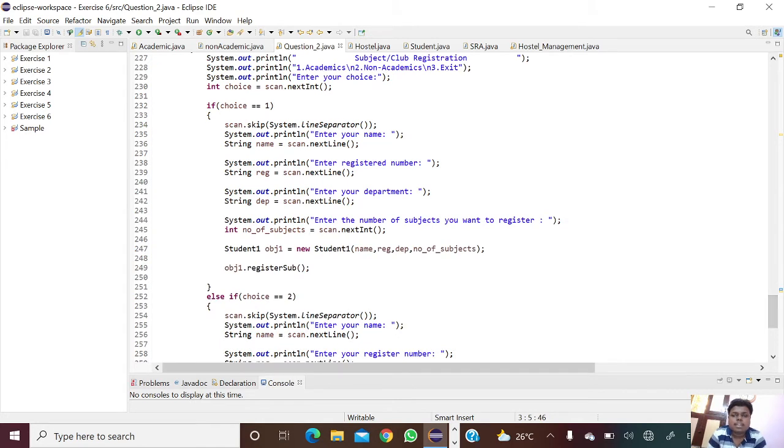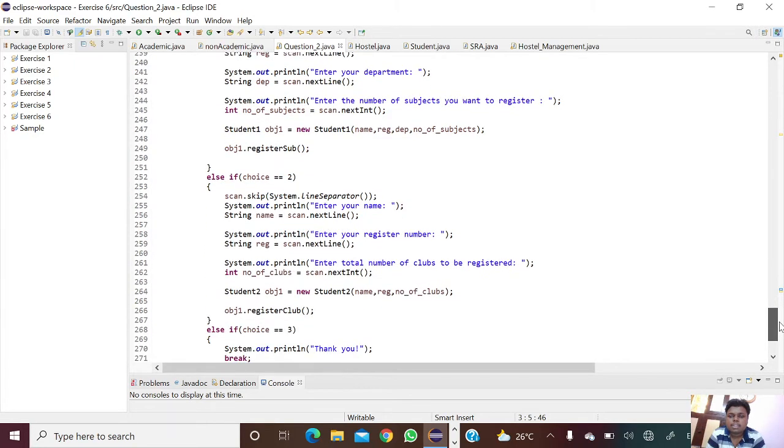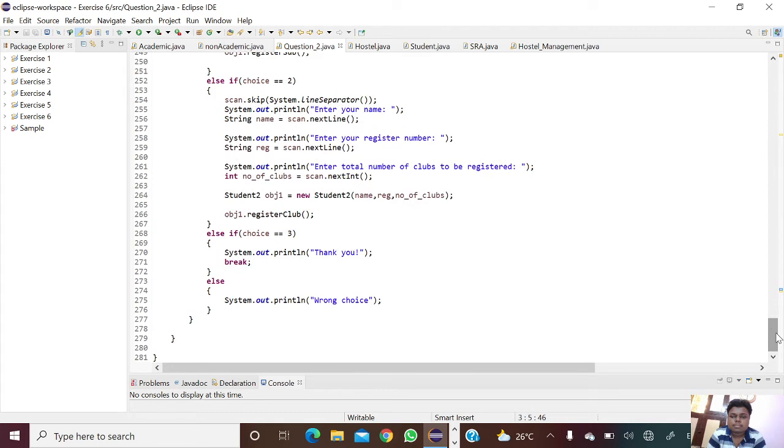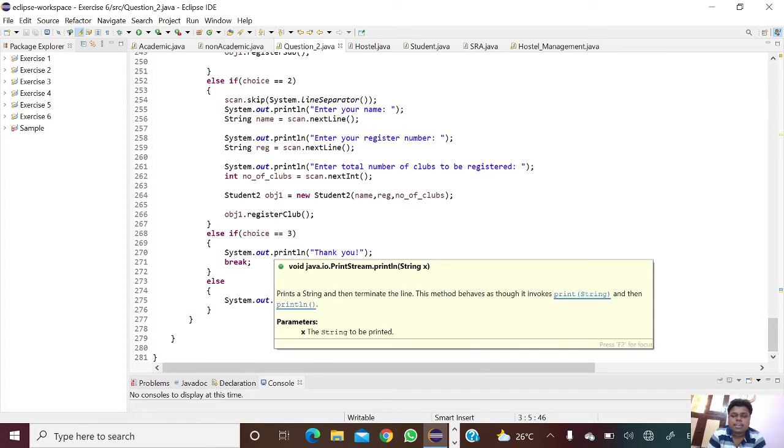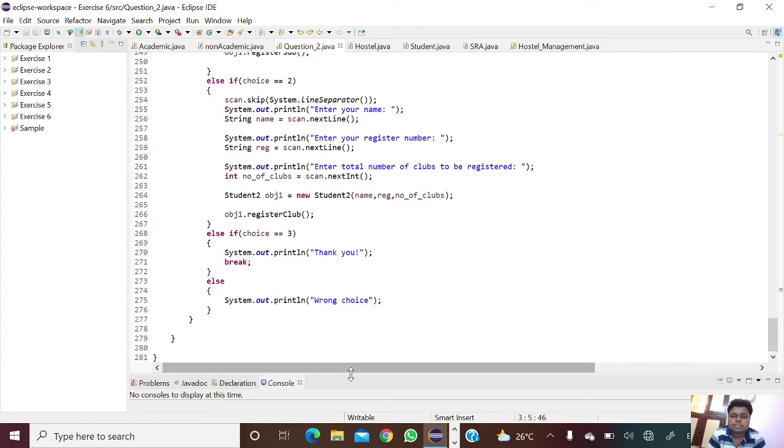If I give the first choice as academic, it will ask to enter your name, register number, department, and the number of subjects you want to register. If I give choice 2 as non-academic, it will ask to enter the name and register number, and the total number of clubs to be registered. If we give choice 3, it will say thank you, or else wrong choice.